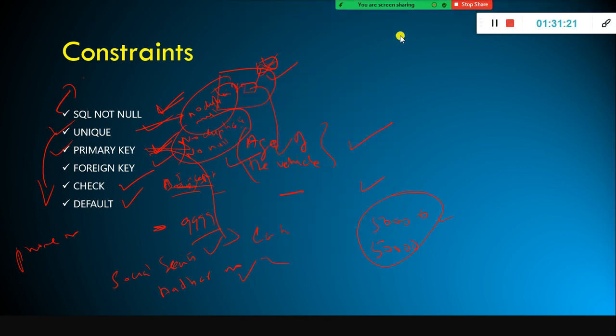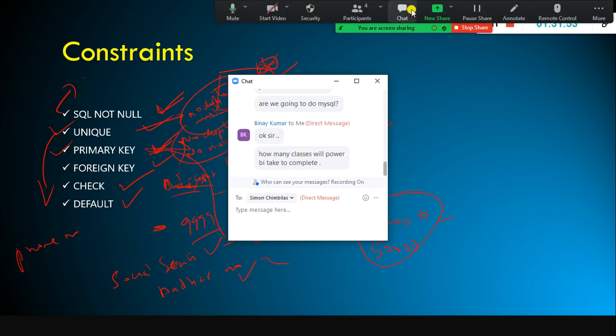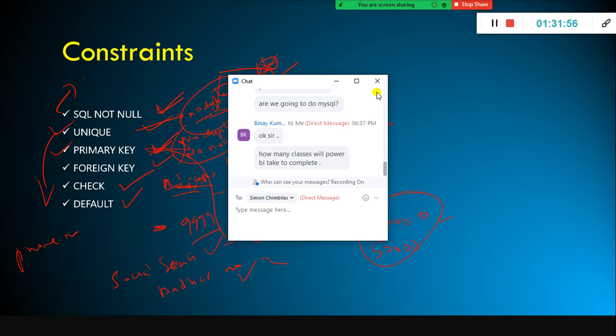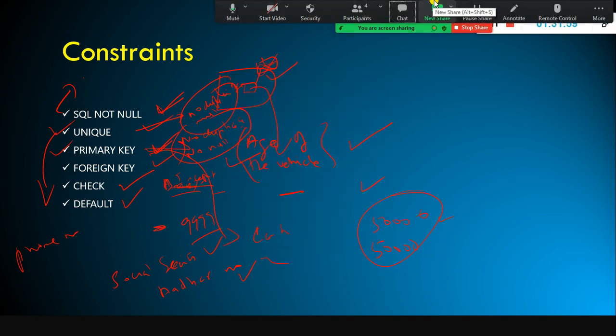And then the next one is this: we will install a demo database called AdventureWorks Data Warehouse. Next week it may not take more than 5 to 10 minutes to get installed. Once that is installed, we'll start with simple SQL queries, and also start practicing a little more complex queries. Then we'll wrap up the SQL session next Saturday, and on Sunday we'll start with Power BI.